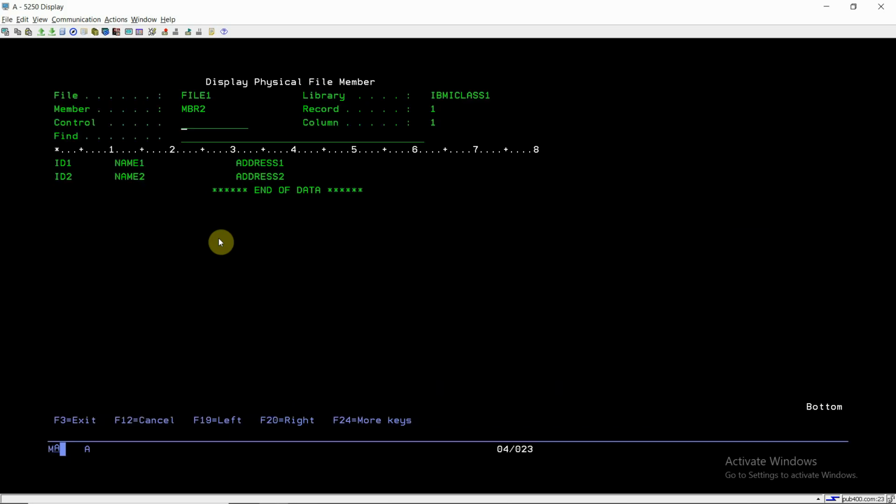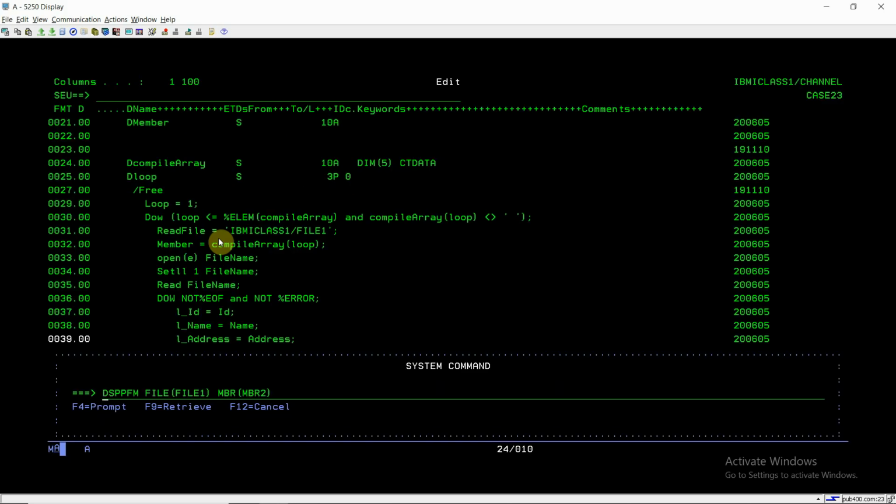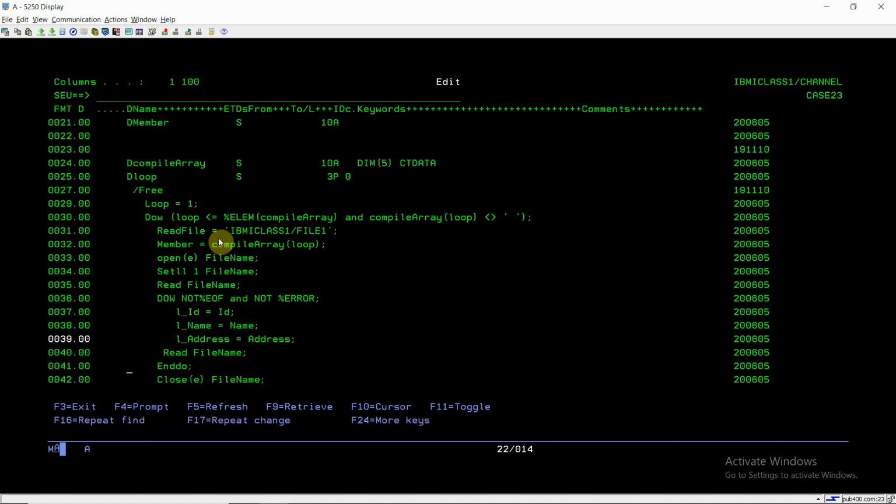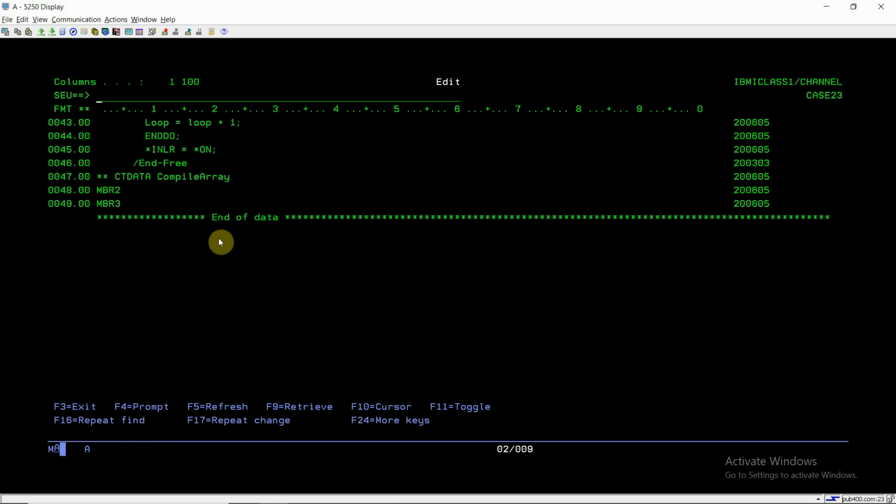There are two records in mbr2 as well, and in mbr3 there are 4 records. So we are using the second and third members. We specified the names of the members, and I can specify any name of the member.